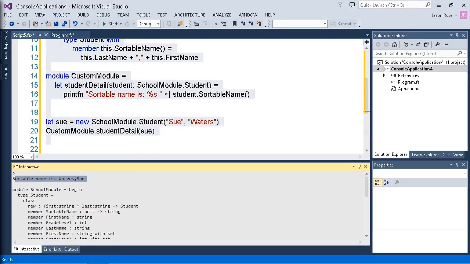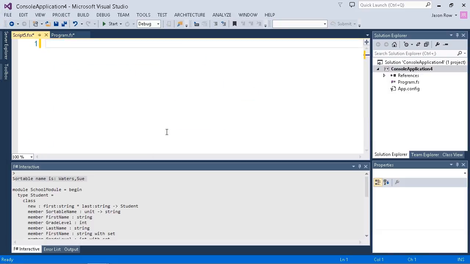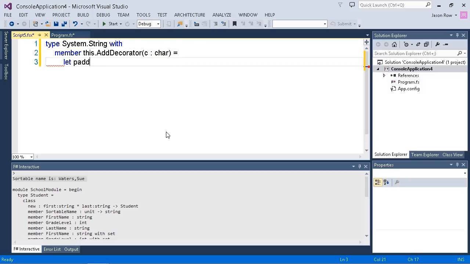The other type extension is an optional extension. And these occur when you're trying to extend a class, but it's being done outside of a namespace or assembly of the original type. So let's take a look at adding an optional extension to the System.String class. So we can have type System.String with, and let's add a new member, this.AddDecorator. And we'll be expecting a character to be passed in as a parameter. And we'll just say let padding equal